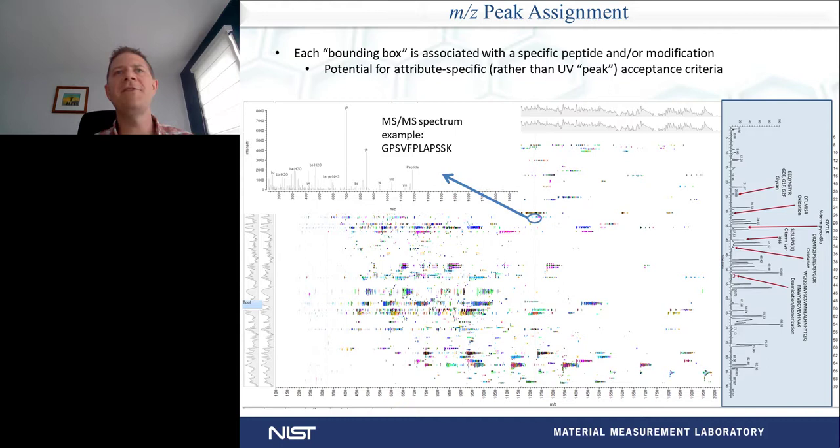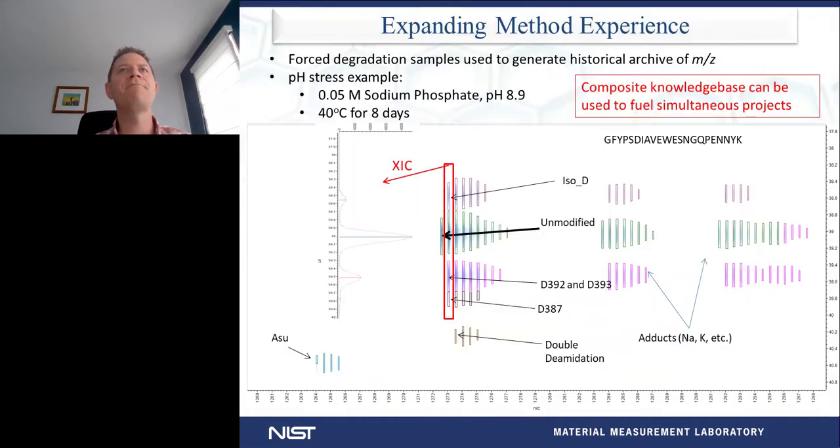from the NISTmAb material. It's safe to say that each of these individual spots is representative of a signal in the mass spectrum that we can then identify and associate with a given peptide. And once we've essentially identified these peptides, we can put bounding boxes from where that signal will appear, and we can continuously quantify that peptide based on its mass to charge instead of a UV signal, which is far less selective than all of this mass information that we're able to glean by using the mass spectrometer.